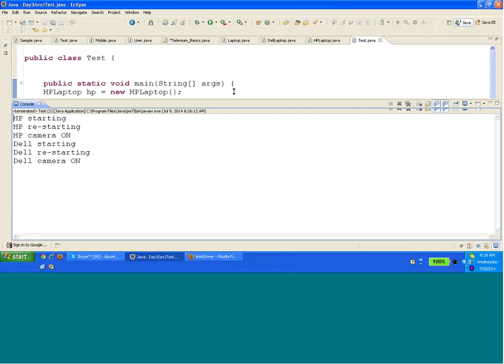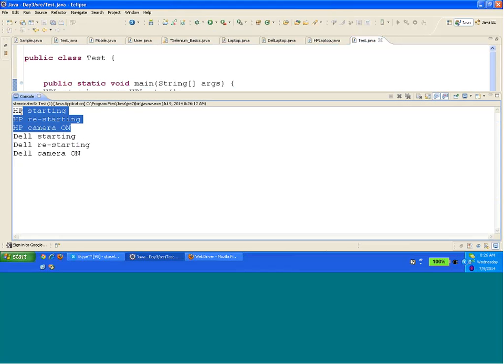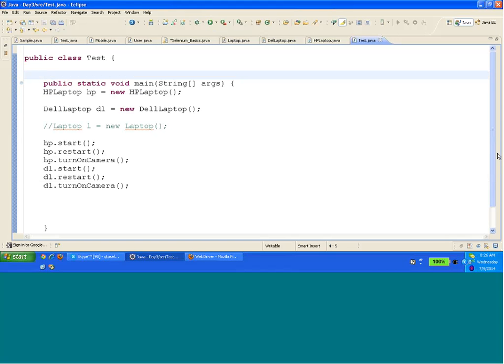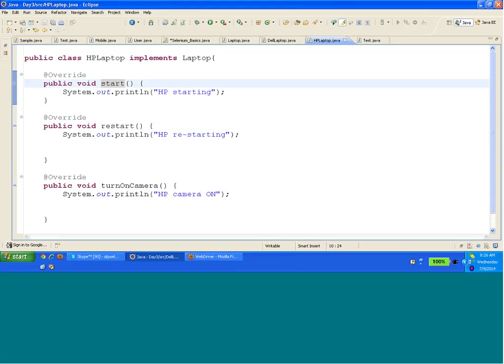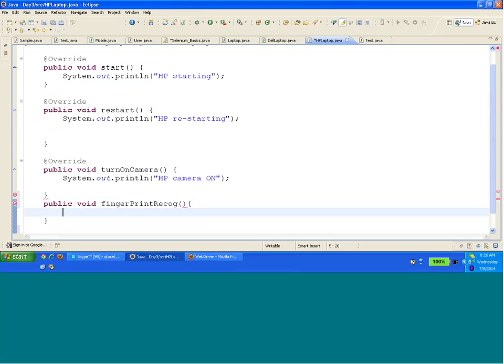Fine. First it will say HP starting, then HP restarting, then HP camera on. Right. So now the point over here is that if in case Dell or HP decides tomorrow that I have one more function, a function which is not there in any other laptop, for example